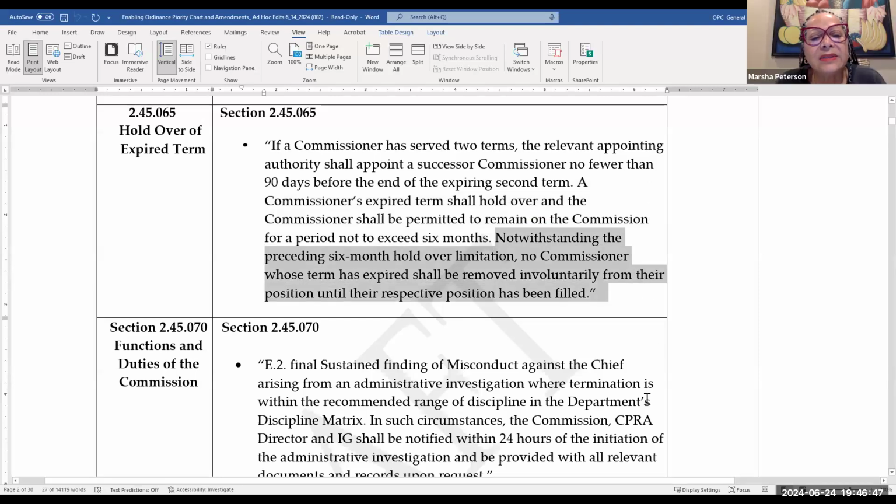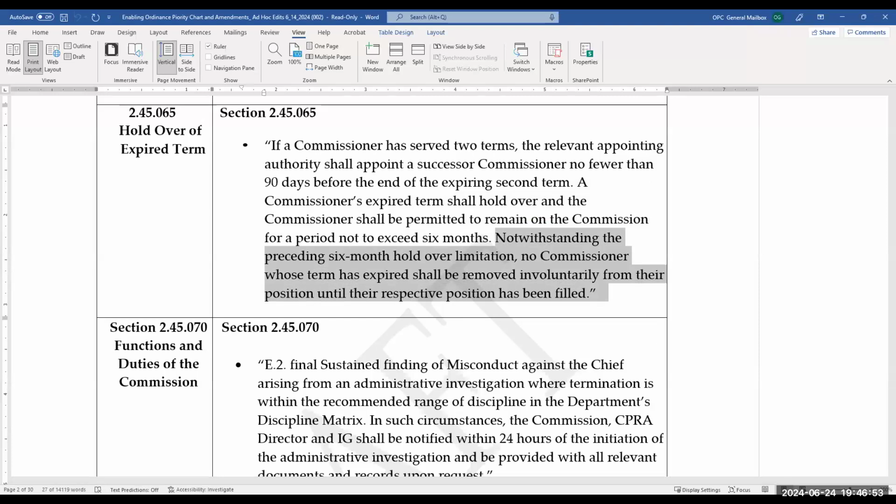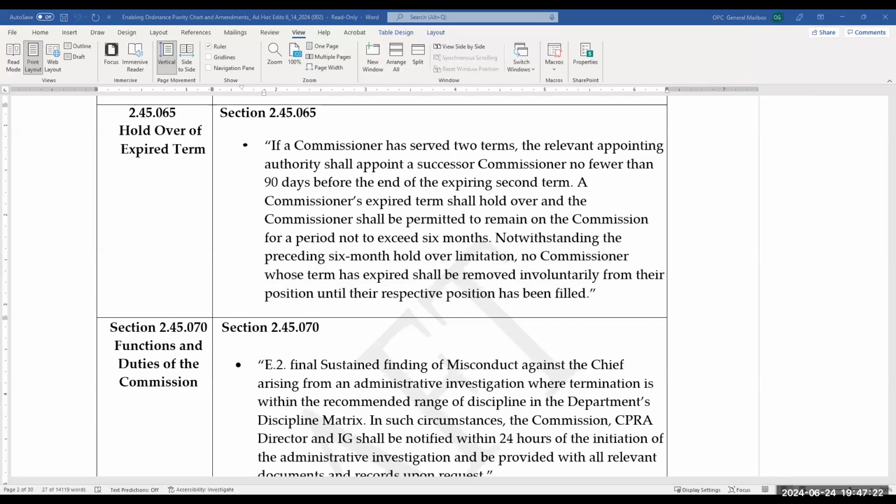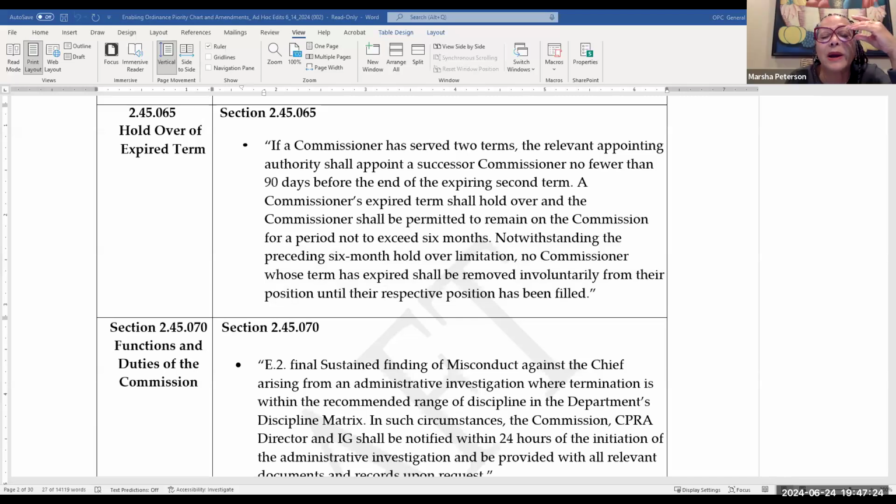Well, wait a minute. Ms. Grenade, why I think this might have to remain is that, again, if you put any other limit on this, yeah, you're going to have to take out this 6-month stuff. "Notwithstanding the preceding 6-month holdover limitation," take that out. Okay. And then just say, "No commissioner whose term has expired shall be removed involuntarily from the position until the